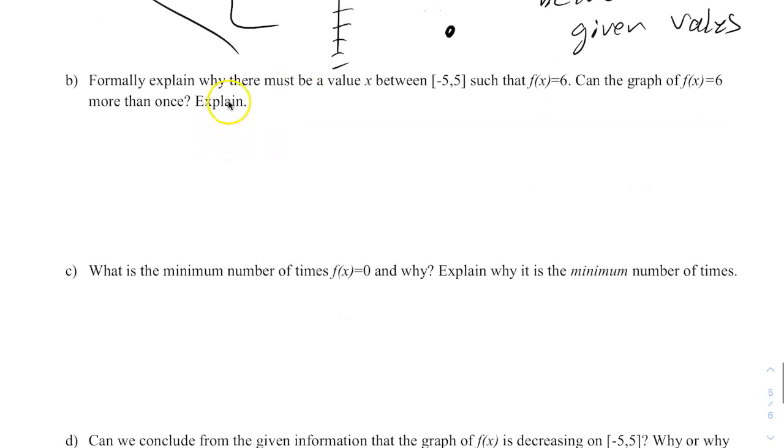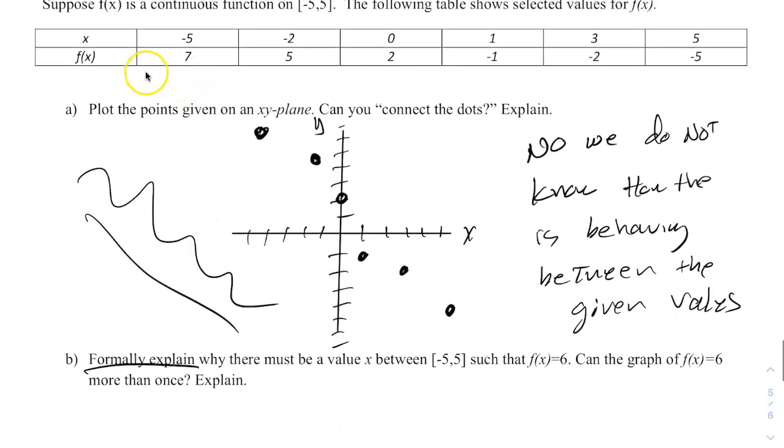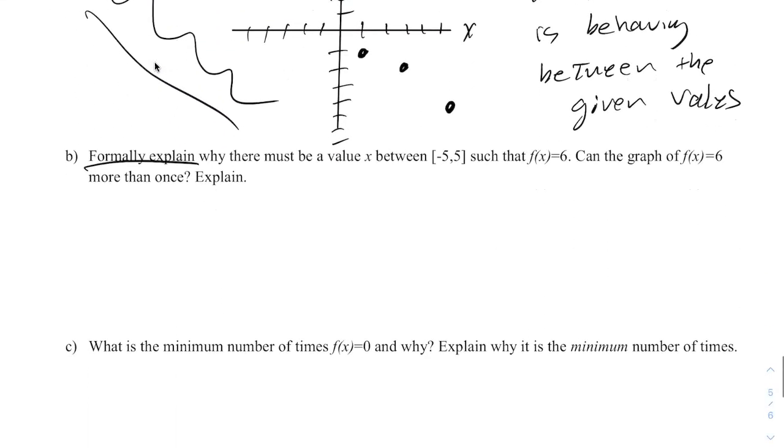Formally explain why there must be a value of x between negative 5 and 5 such that f of x equals 6. Can the graph of f of x equal 6 more than once? Explain. So let's do the formal part first. f of x is continuous, like they told us as part of the problem, so I don't have to show that part. I just have to say since f is continuous, it's given,